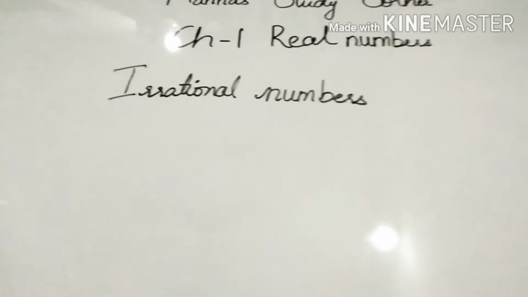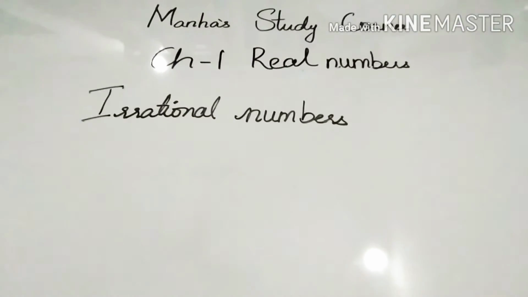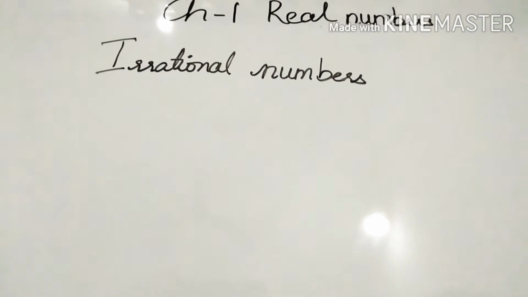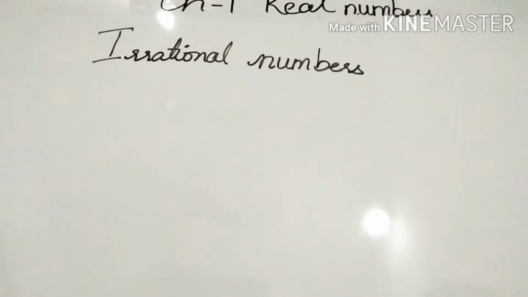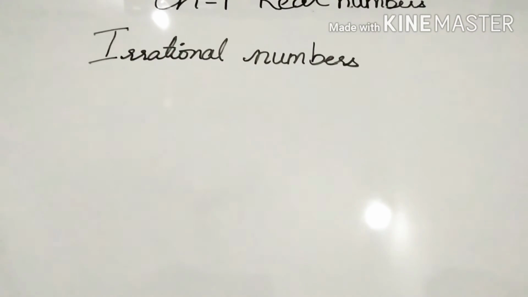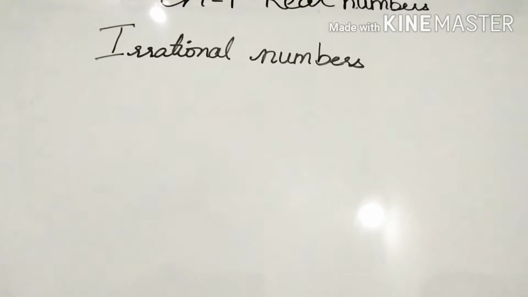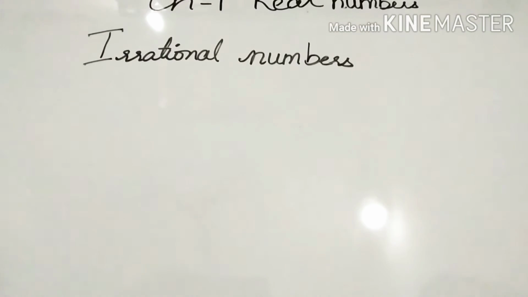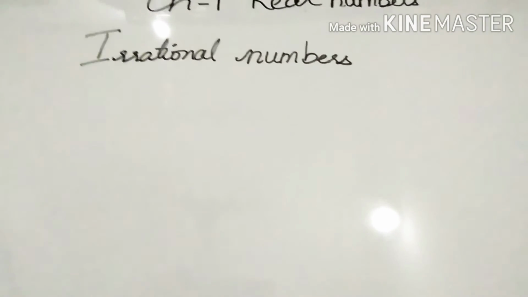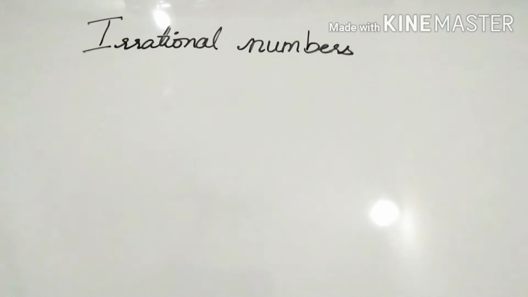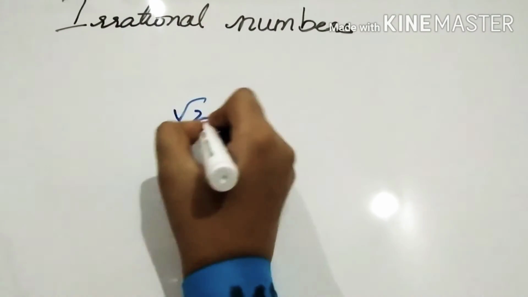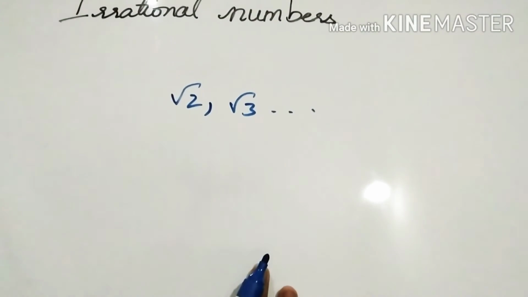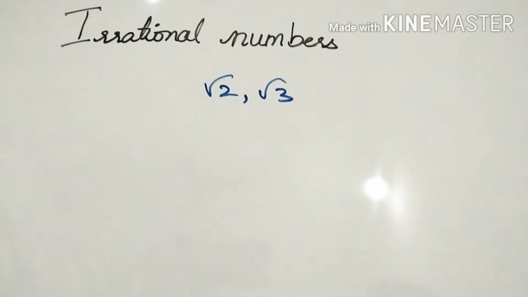In 9th grade, you were introduced to irrational numbers and some of their properties. We studied about their existence and how the rationals and irrationals together made up real numbers. You even studied how to locate irrationals on the number line. We did not study and prove that they were irrational. In this section, we will prove that root 2, root 3, and so on are irrational based on the fundamental theorem of arithmetic.